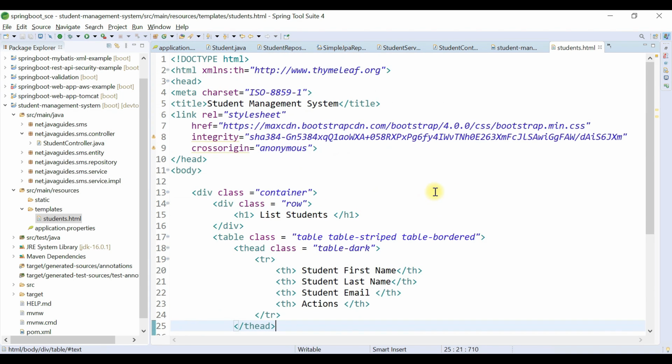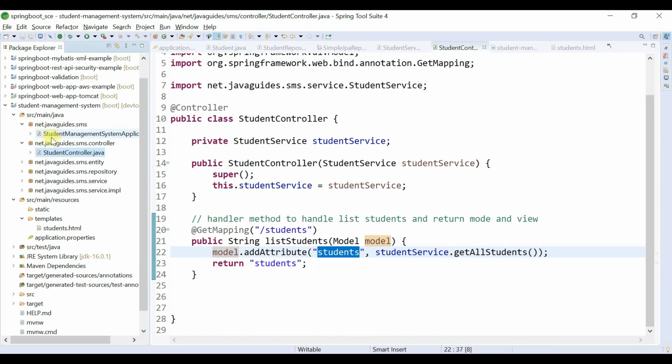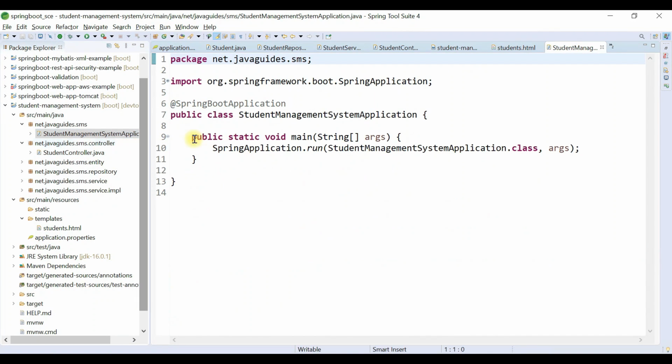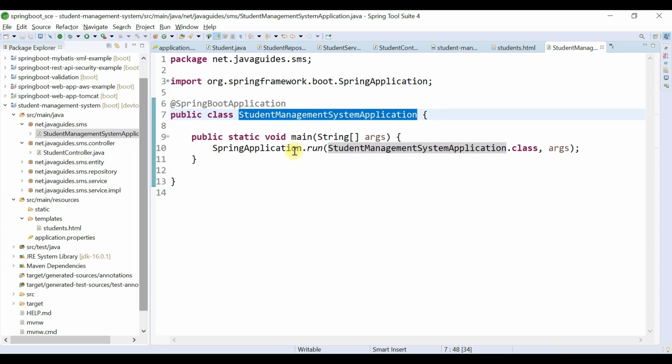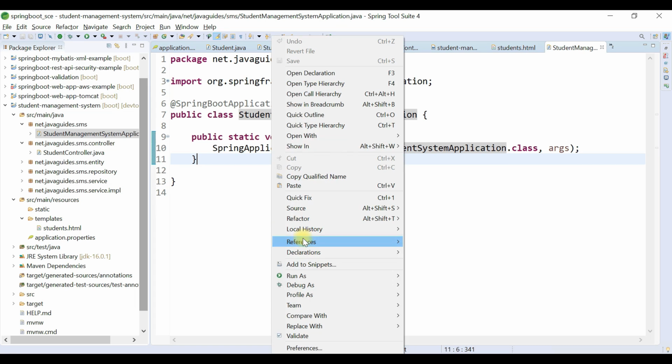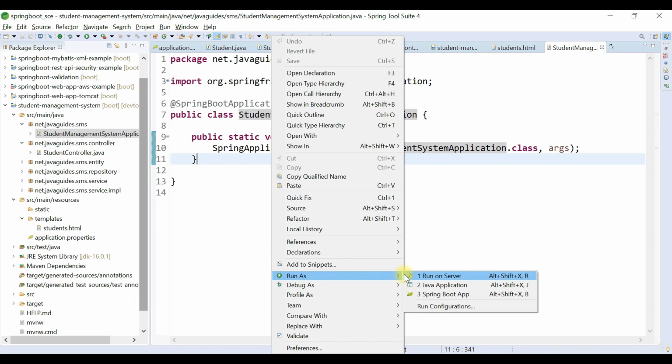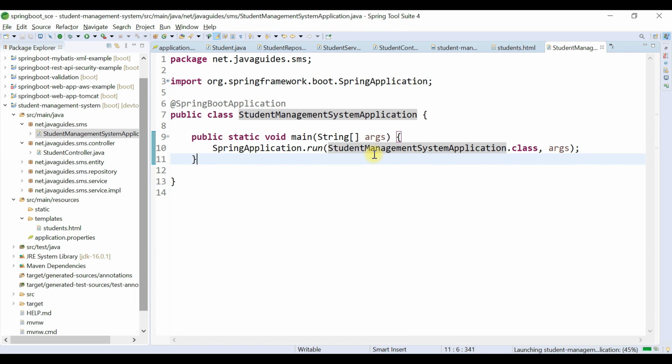Now let's run our Spring Boot application and see how it works. So go to our student management system application class. This is the main entry point class of our Spring Boot project. Right click on it and run as Spring Boot app.